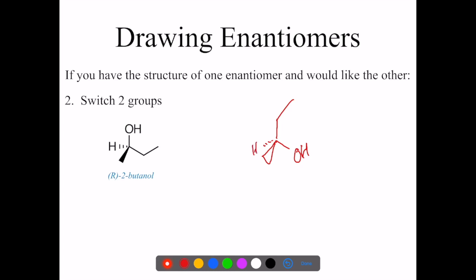So I left the methyl and the hydrogen alone, but I switched the OH and the ethyl groups. Now this one is R, and this is nice because 4 is going back. We have 1, 2, 3. So that's R. Now 4 is still going back. 1, 2, 3. And so this is S. So if you switch two groups,